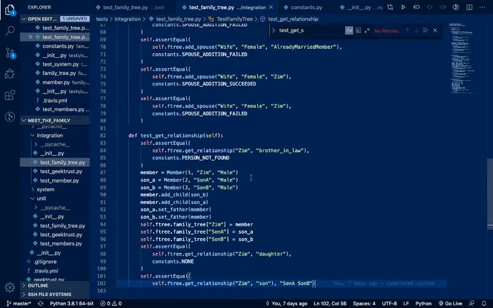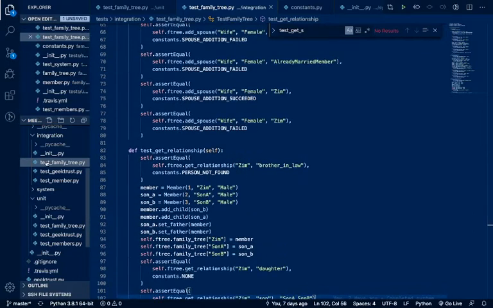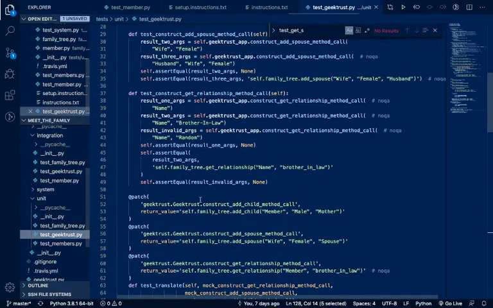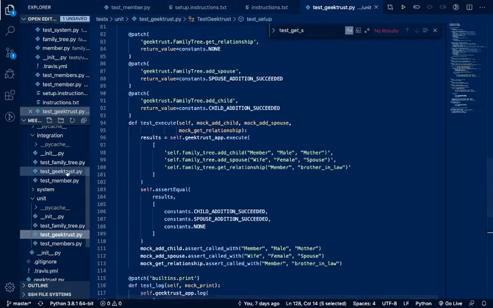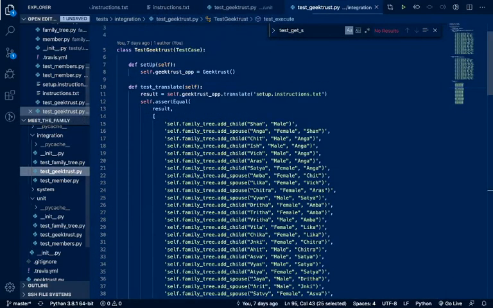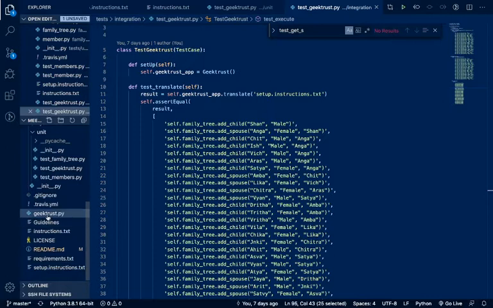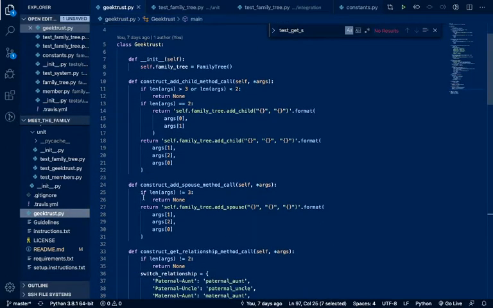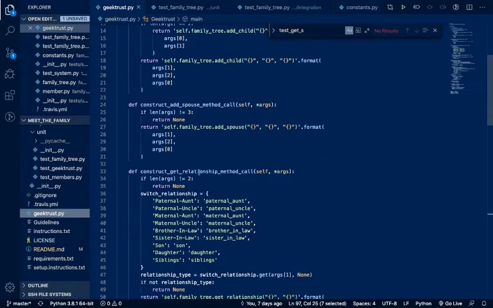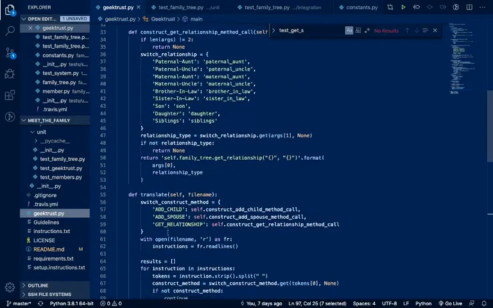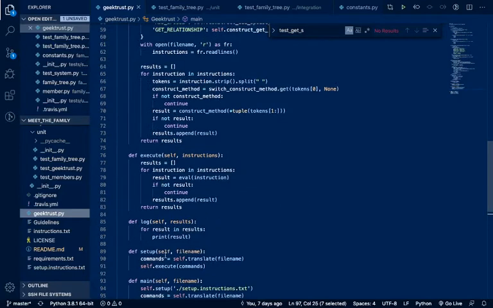So now with that, all of our unit and integration tests are done, and our unit test for our GeekTrust file has been done. And now we are finally coming into the integration part, right? So in GeekTrust, we tested all these methods out: construct, add child method call, add spouse method call, get relationship method call, translate, execute, and log as well.